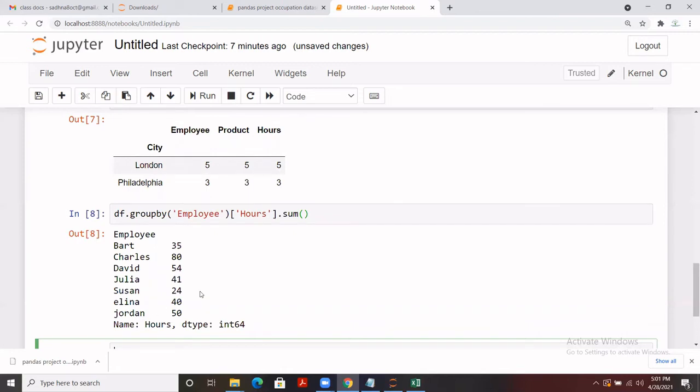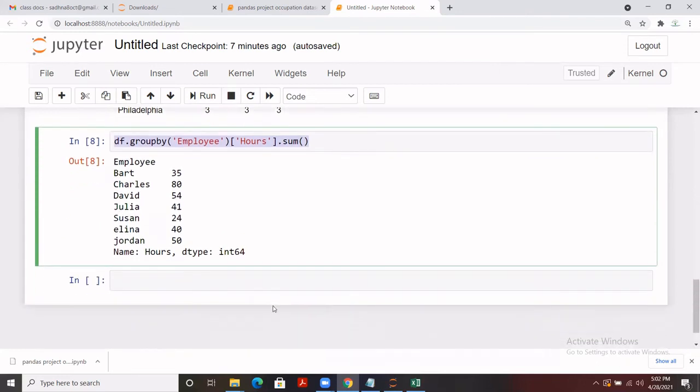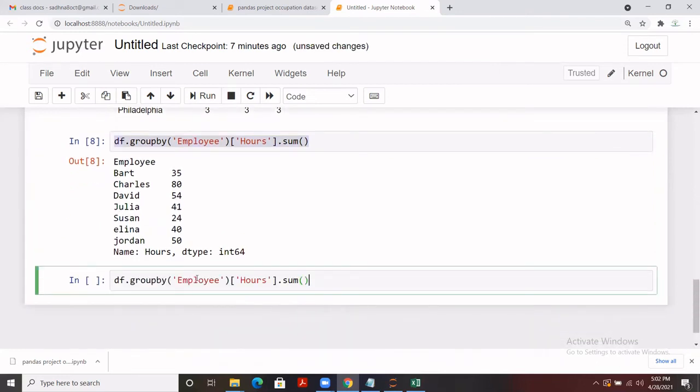Let's say if you want to reset the index, so let me copy and paste this code, and I'll showcase how reset changes the representation of our data. Let's say reset underscore index. Group by basically creates an index of the column for which we are grouping the data.